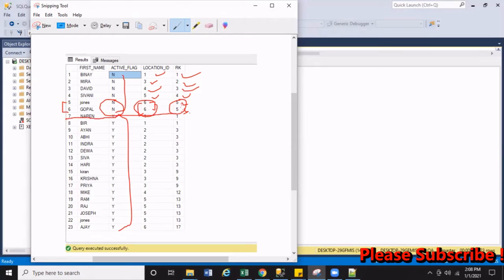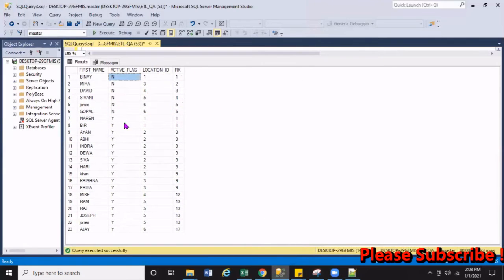Let's understand the Y group. In the Y group, under Y, Naren and B are living in the same location. So for them the database provided the same rank.